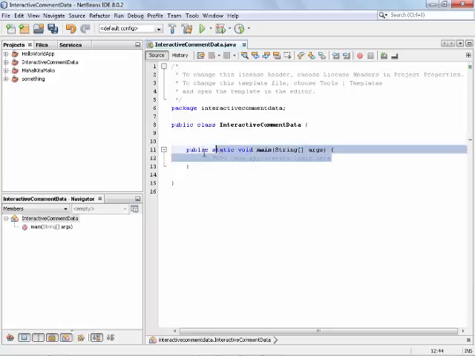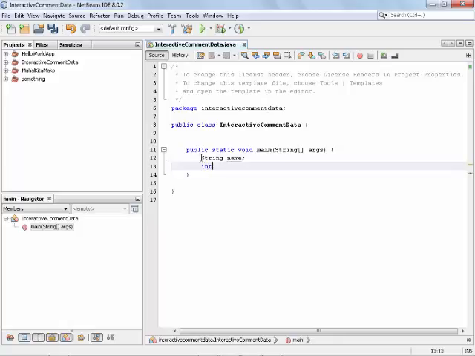Here, type String name, int age, double GPA, grade point average.